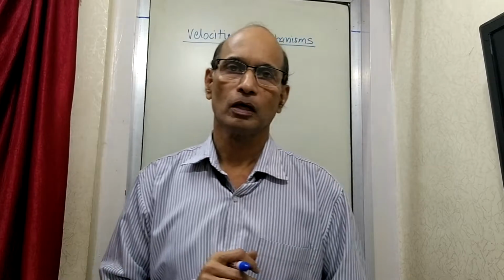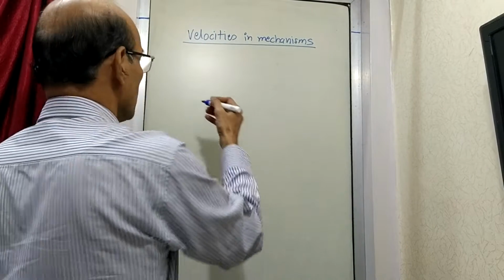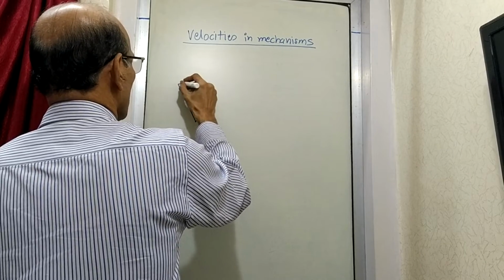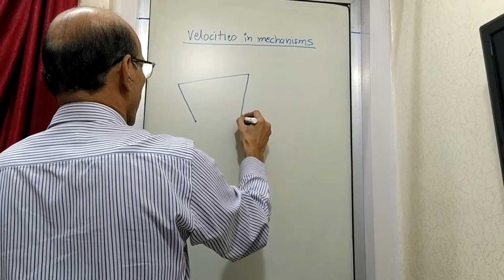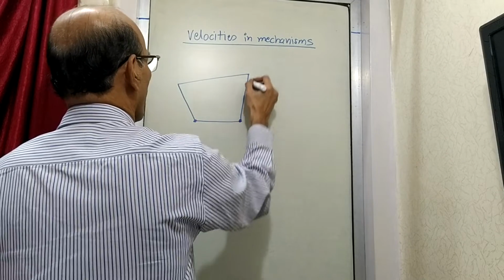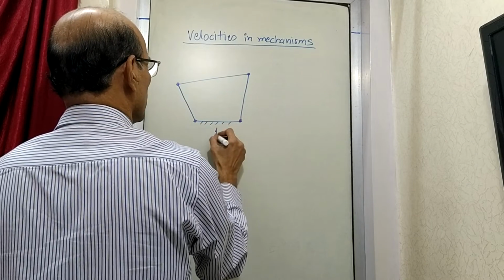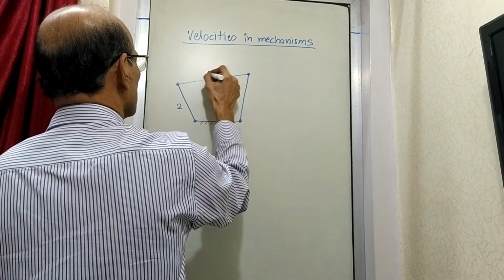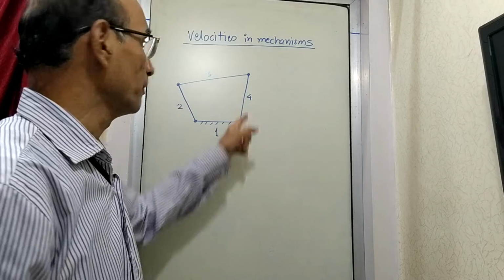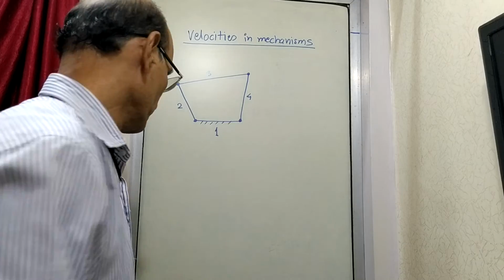Okay, now we will move slightly further and try to find the velocities of some more points. Let me draw a typical 4-bar mechanism like this. This is link number 1, link number 2, link number 3, link number 4. So there are 4 links. They are connected to each other by pin joints, and they are numbered like this. Link number 1 is fixed, and this link